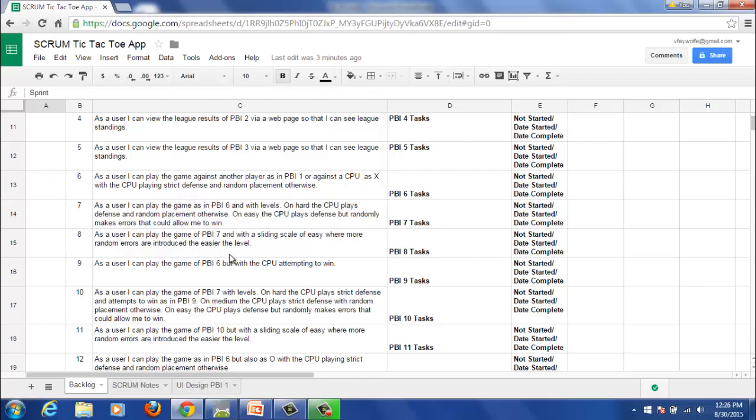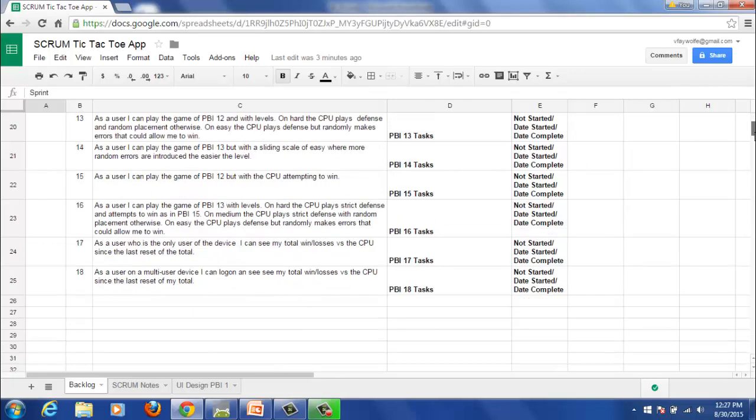And you can read through the other ones here as they have brainstormed how to enhance Tic-Tac-Toe to play as a CPU against the player. And there's random hard levels and random introduction of possible errors in the CPU so that the user can win. And so you can see that those user stories get up to 18 user stories that could be in the